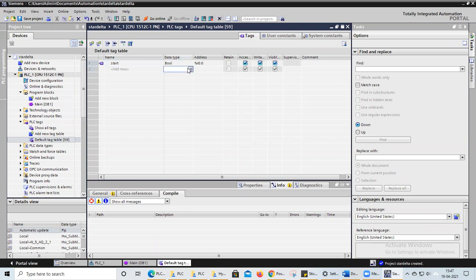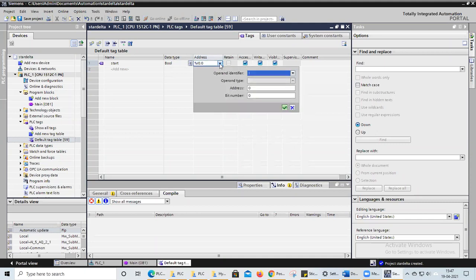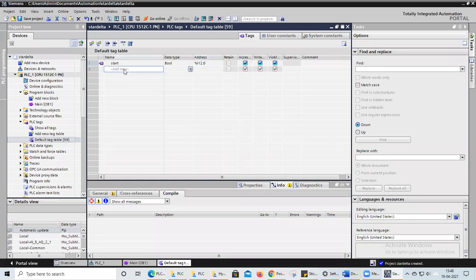And what kind of data type is it? By default it has taken boolean. You can take your own value. Address, what address do we need to give for the start button? You know the address of our ladder logic is 12.0, 12.1, 10.0, 10.1. So I'm taking the address as 12.0, 12 as address and bit number as 0. I click OK. Now I want one more switch as my stop switch. It has taken default 12.1 address. Is it okay?